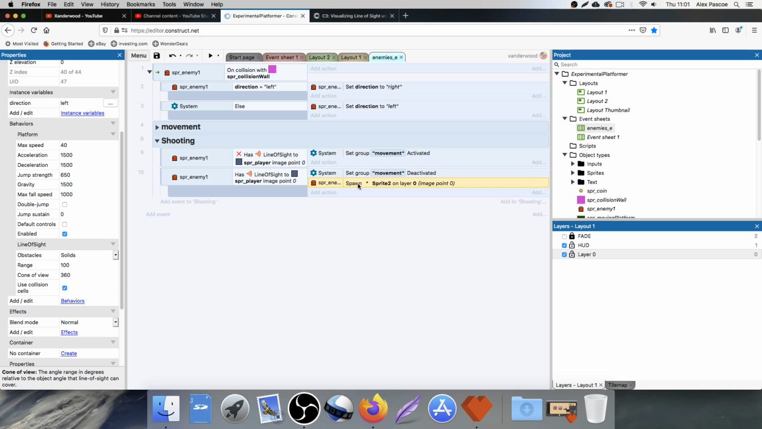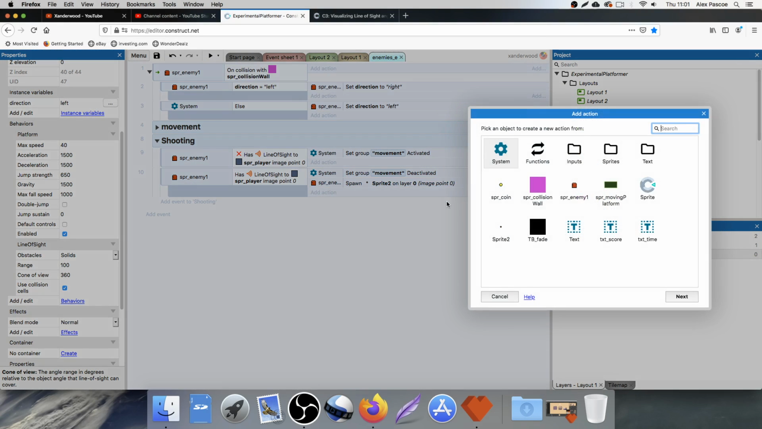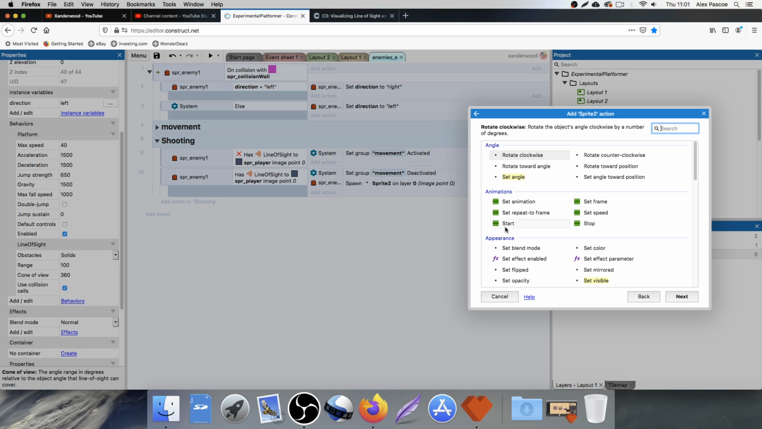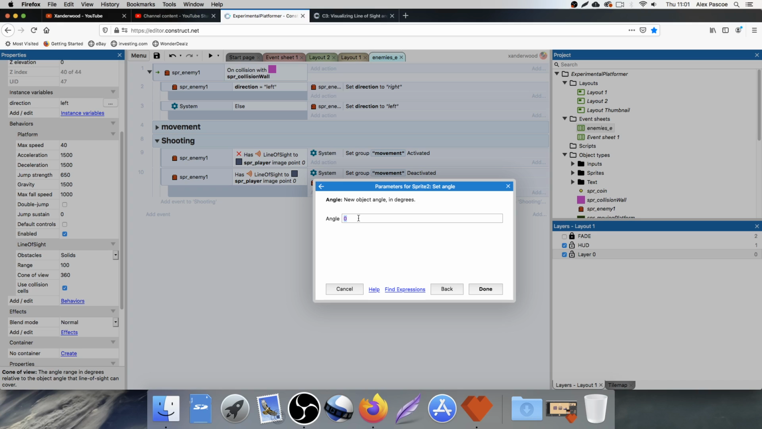Now, we need to tell the bullet where to go once we've spawned it. It's just going to spawn on, just shoot off in the direction that it's set to go. So the next action we need to do is go sprite 2, which I need to change to bullet, and we're going to set the angle of that bullet. And the angle in degrees, we're going to use a built-in function called angle. So type angle and then open brackets, and then you've got 4 coordinates that you need to give it. You've got x1, y1, x2, and y2. And what we need to put in here is